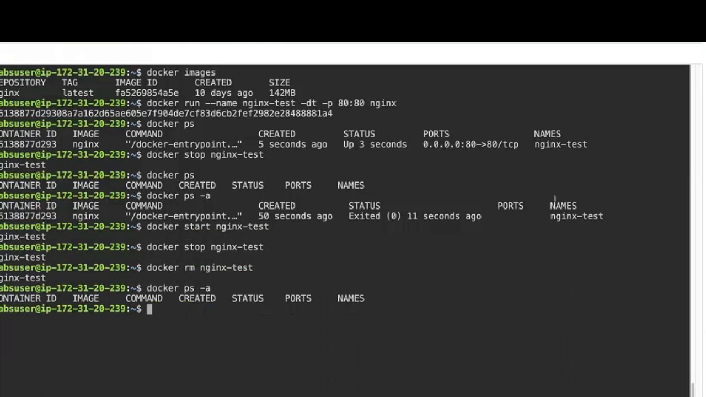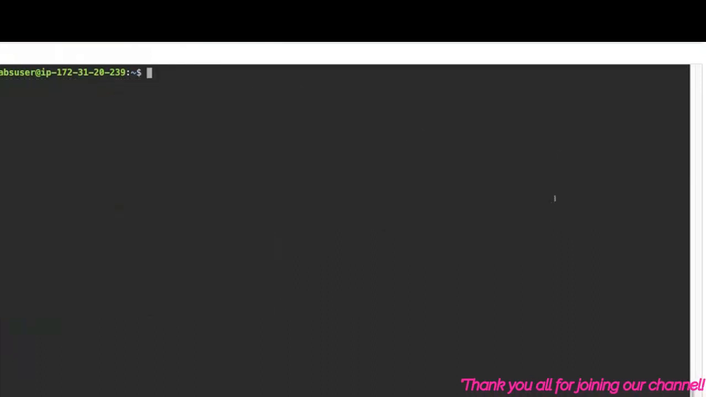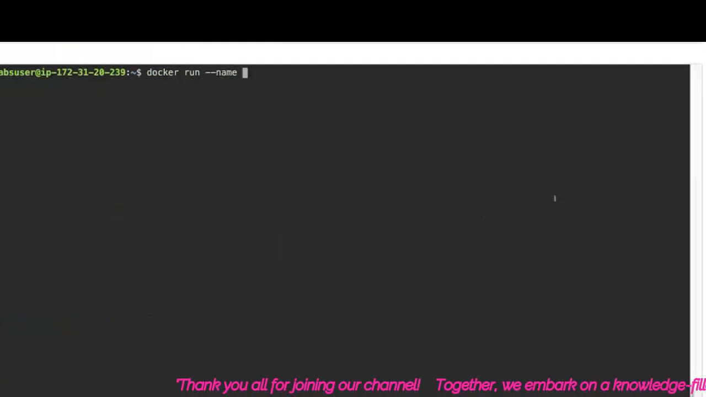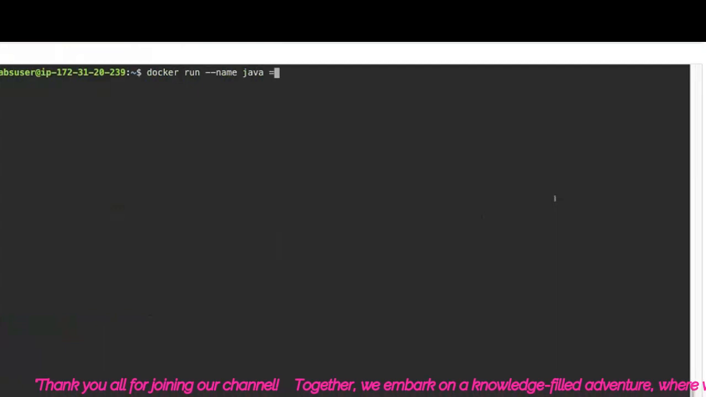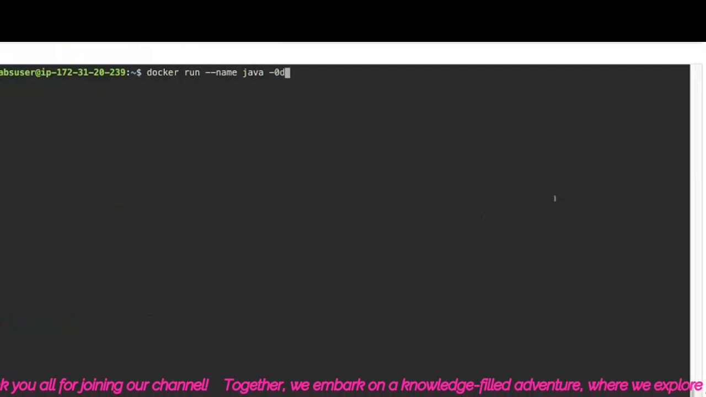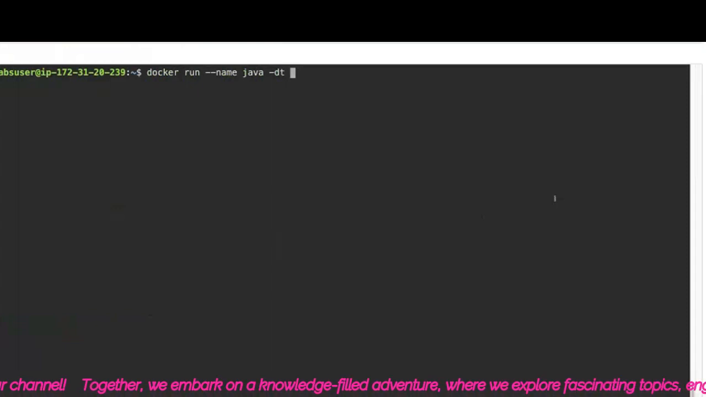So how to download an image, how to create a container, how to delete an image, the latest image, a specific image, and so on. And you might ask me a question, I know about all the questions. So let me create it something like this. docker run --name, let me take it to be Java. Name of the container is Java. So -d, -t,